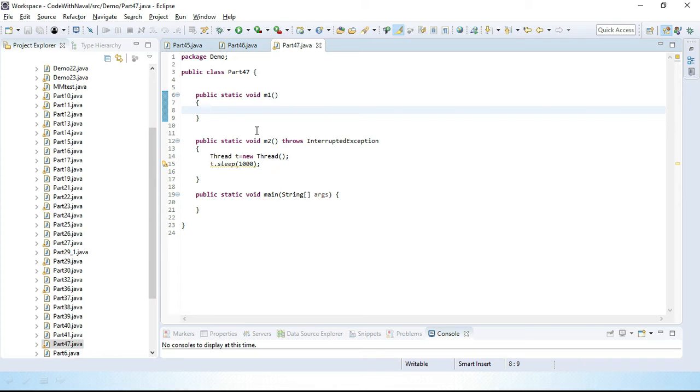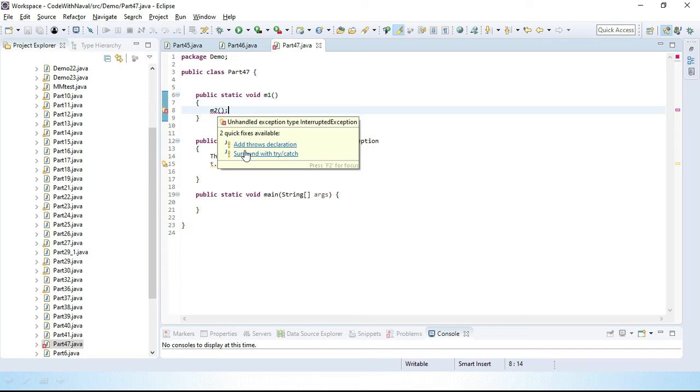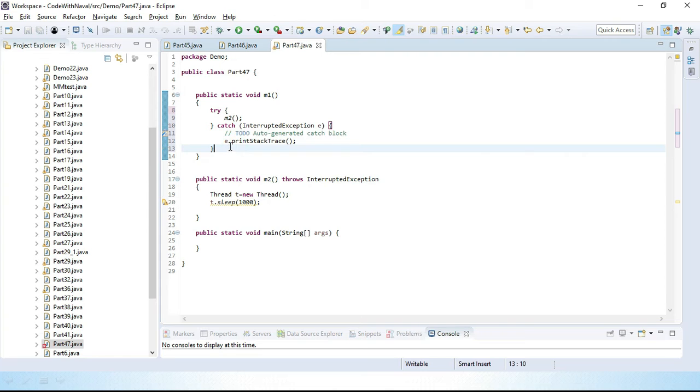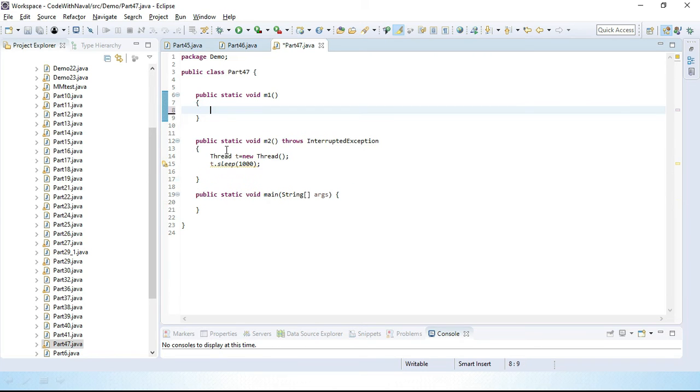I'll call m2 here, and you can see I am getting an error. If I want to handle that error here only, I can add a try catch block and handle it. The throws keyword is not handling the error. It is only passing the error, only delegating the error. Wherever we call this m2 method, we have to handle this error there.